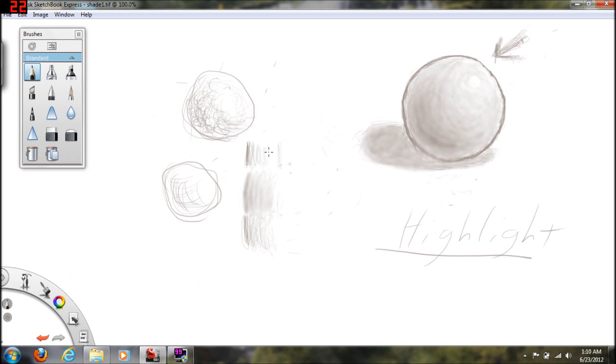You see, if you go too quick from dark to light, it looks less like shading and more like lines. So you want to take your time with your shading. See that dark line? I need more darkness next to it to make it transition smoother. See, you go a little more, and then once you think you've gotten the grade smooth enough, then you can go in and smudge and smear